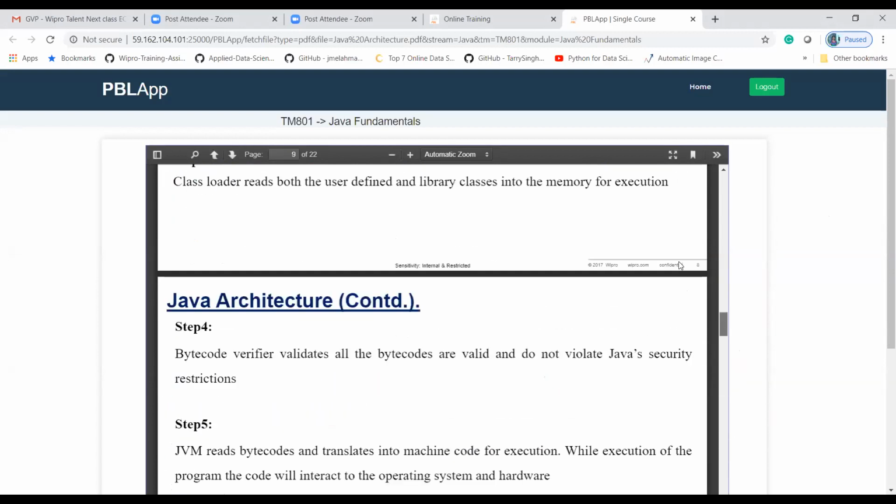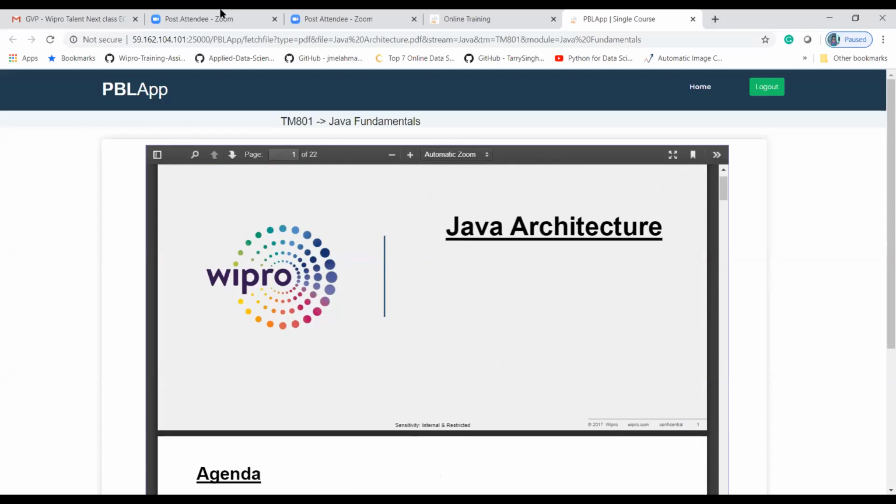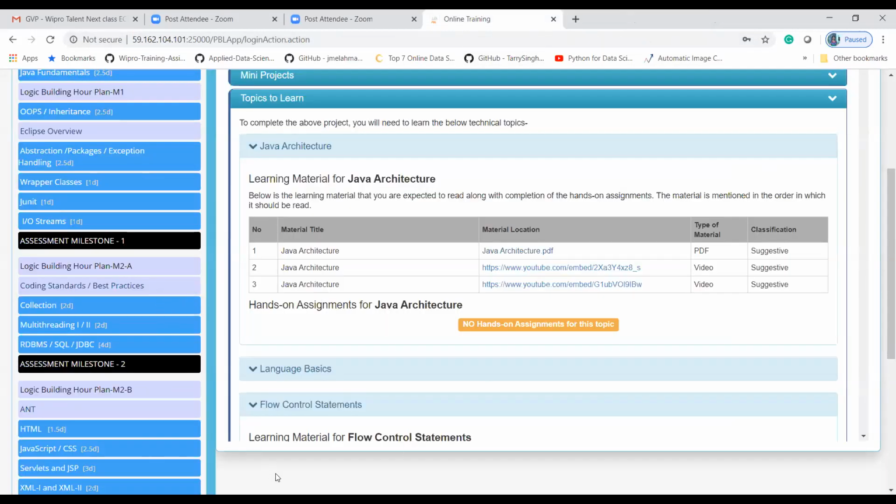Now I'll start the array topic. What is an array? An array is a collection of data of a similar type. Let me start with arrays.